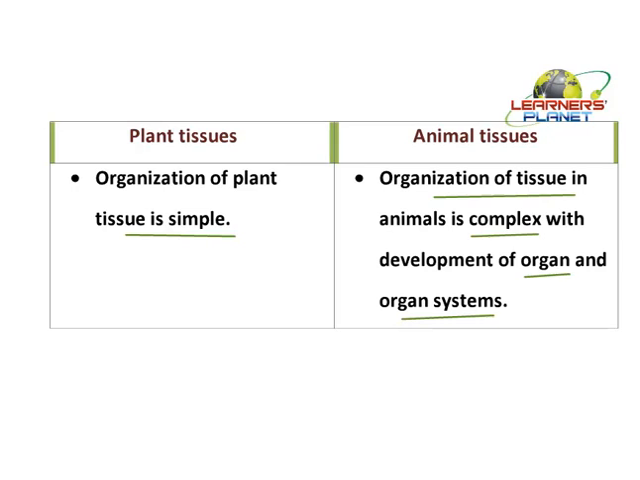So this is how the tissues are showing variations among plants and animals. Thus in this chapter we are going to study plant tissues and animal tissues separately. So next we are going to